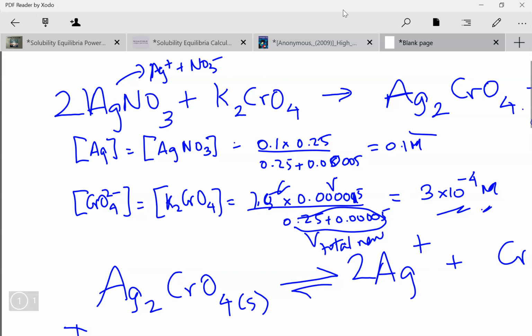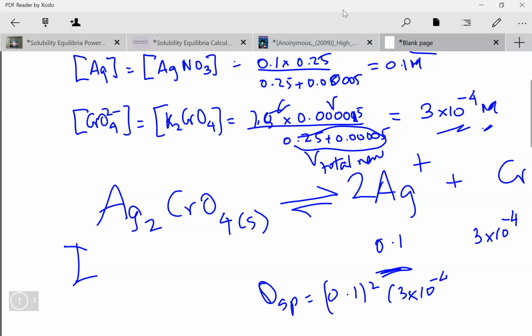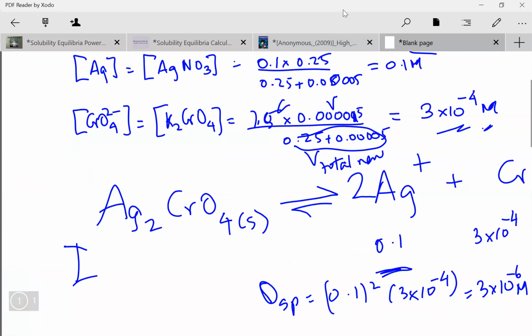I hope. And so we take these concentrations and we're going to put them in here. 0.1, 3 times 10 to the power negative 4, QSP is 0.1 squared times 3 times 10 to the power negative 4, which is 3 times 10 to the power negative 6 moles per liter. And we're going to compare that with our KSP. KSP is 10 to the negative 12, which is